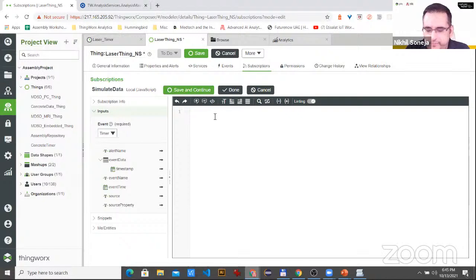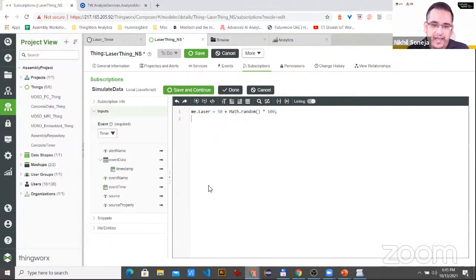Now, what do we want to put in? We can put some simple JavaScript here. I'm only going to simulate the value of laser. You can see the autocomplete also works. This is all JavaScript, by the way. I'm only going to give it a simple dummy value. This will not make for great predictions because it's just a randomized thing, but it'll show you how it interacts. What this will do is take 50 as the base, and Math.random gives you a value between 0 and 1, and it'll multiply that by 100. So you'll get values from 50 to 150 possibly, randomly.